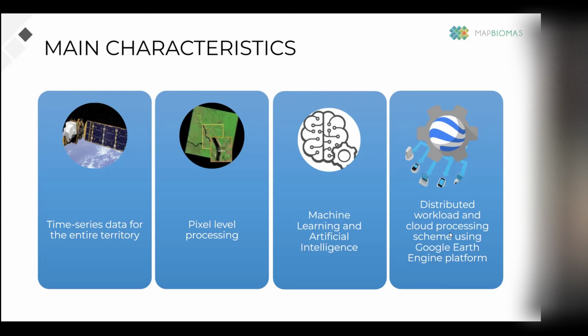So it's a fancy name, but it's just a computer somewhere. In this case, it's the huge computers inside Google infrastructure. So we use one tool called Google Earth Engine. Then we don't need to download the images. We just keep the images where they are, and we build some fancy codes, and we send them there, and the computers do the work for us. So we have a lot of computer power to process this image.